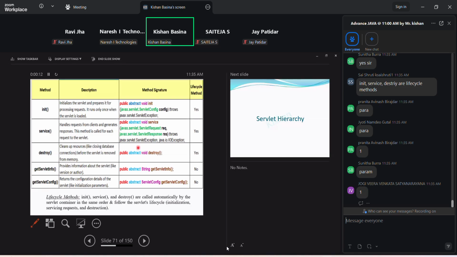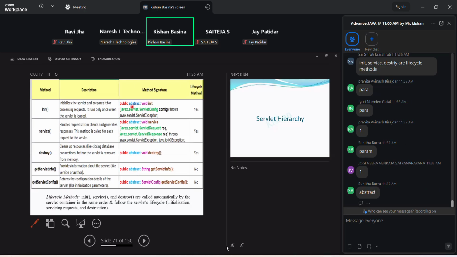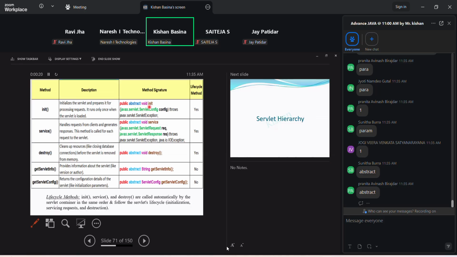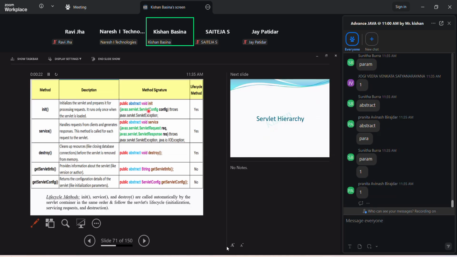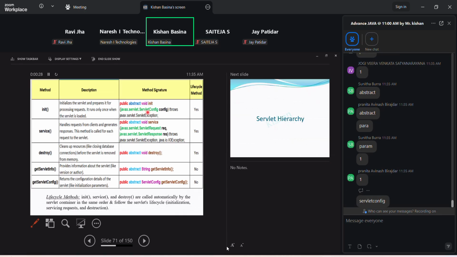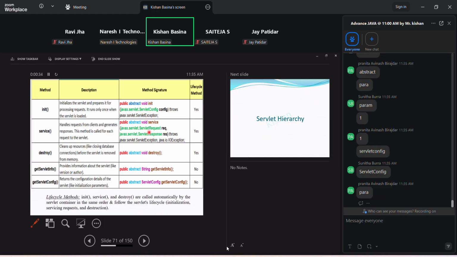All these are which methods, guys? Abstract methods. Now, init method, parameterized or non-parameterized? How many parameters? Type, ServletConfig. It's an interface. Now, service method, parameterized or non-parameterized? How many parameters? 2. Type,